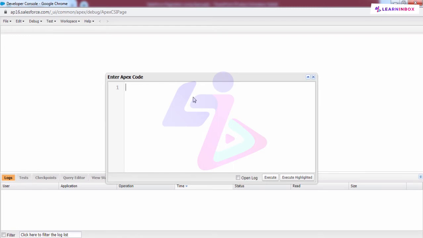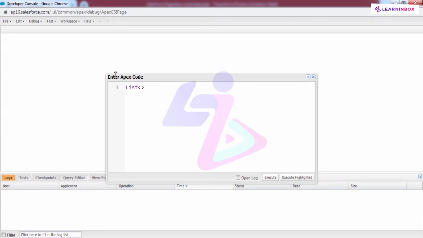What I want is, I want to create a list here. In Salesforce, we have three kinds of collections: list, sets, and map. Whenever we want to enlist certain records onto our object, we use list. Our aim is to add multiple records onto my customer object. So let me create a list here.